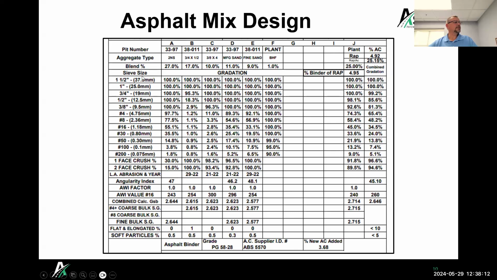Yeah, these are pretty much the standard sieves that we look at when we're putting this together. And then there are certain control sieves in the specifications, where there's not a specification on each one of these sieves. There are control sieves where it has to be in this range on this sieve and on this sieve. But when you're testing it and putting together a mix design, you really want that full gradation to see how it's all interacting together.